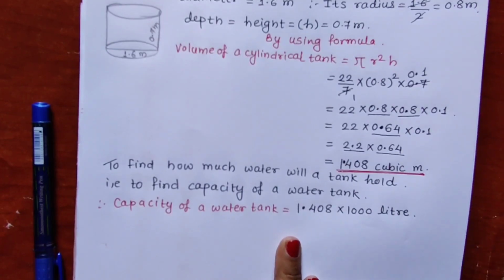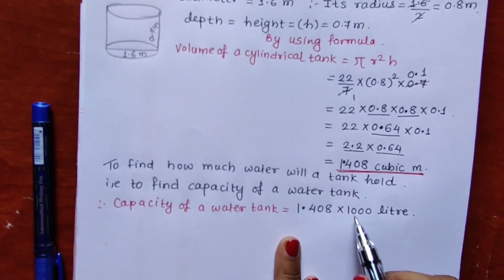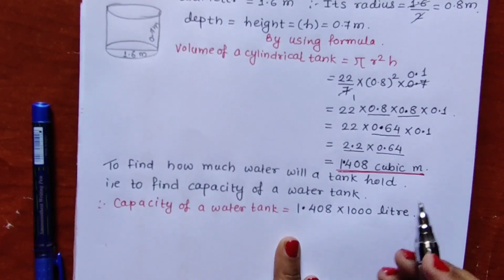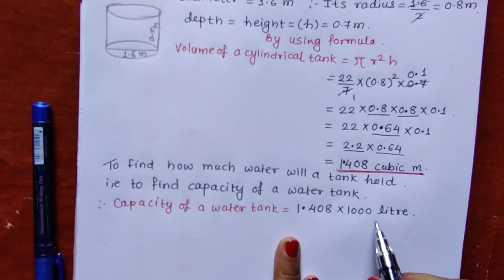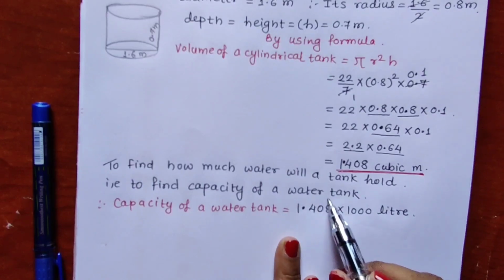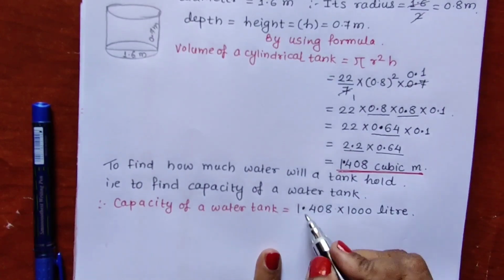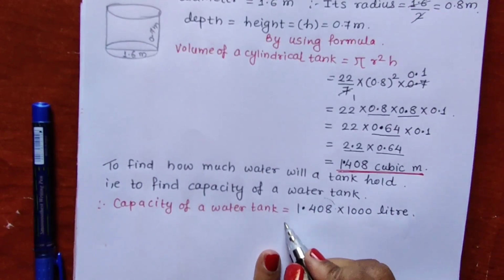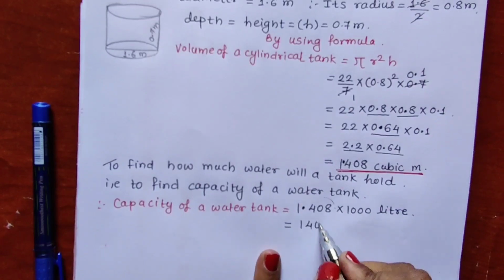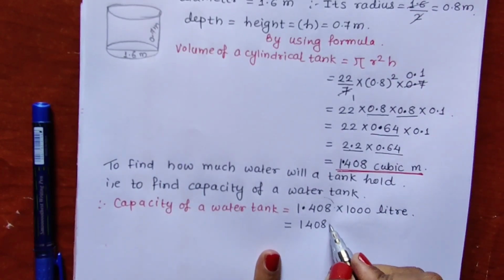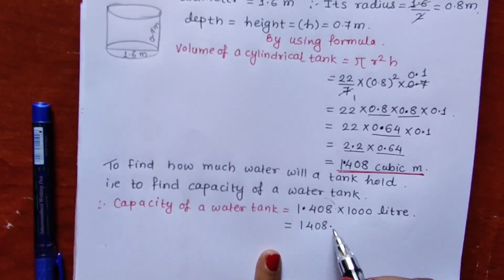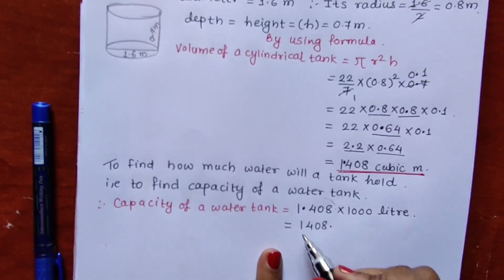So what do I mean to say? Here we can see that there are 3 zeros in 1000. So this decimal point will be shifted to the right hand side after 3 digits. As the 3 zeros are there, the decimal point will be shifted after 3 digits. So the decimal point will come here after 408, 3 digits are there. So 1408. Now the decimal point will be here. After 8 no digit is there, so we don't require to write a decimal point also. It means what?